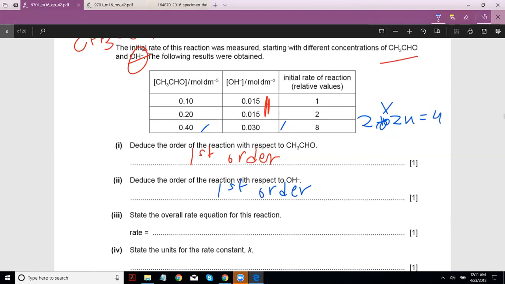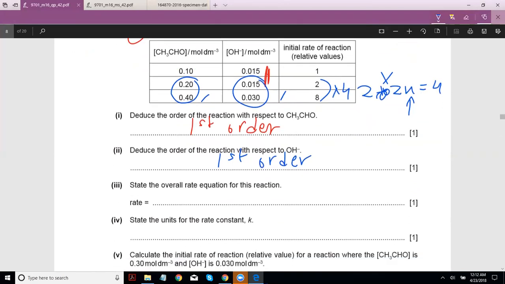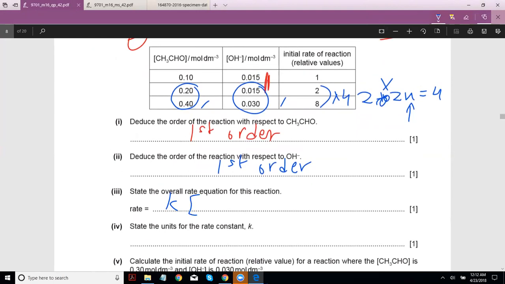And the reason for that is because you know this is going into 2 and you know that that is first order. You don't know the order of this one, so you put x for it, and you multiply them and this was going into 4. So those are the two different ways you can use to understand why we got first order for both. It is first order, so we need a constant, then you go to,